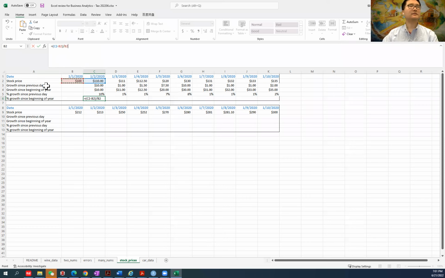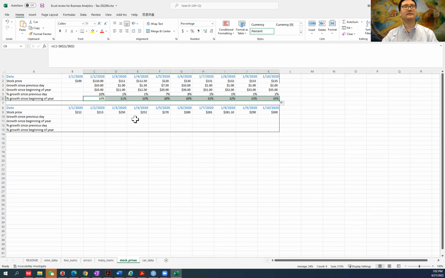And because this growth needs to be relative to the beginning of the year, we need to make B2, the first day stock price, an absolute reference. Okay, so here we go. We can also change that to percentage. As you can see, the result is very different from the percentage growth since previous day and since beginning of